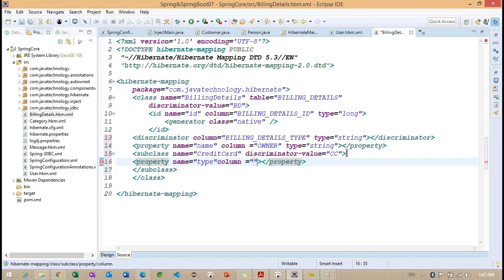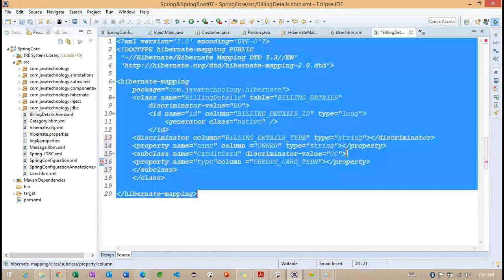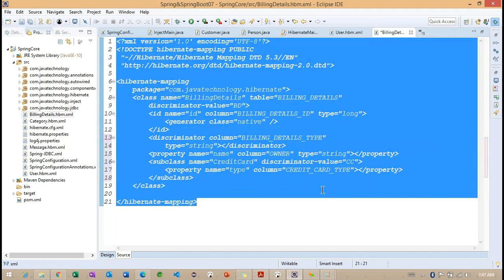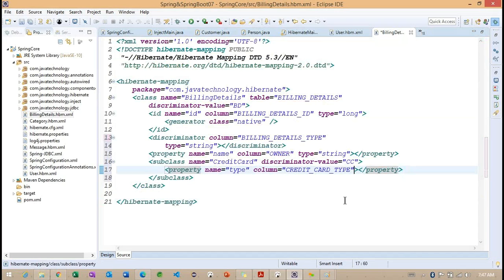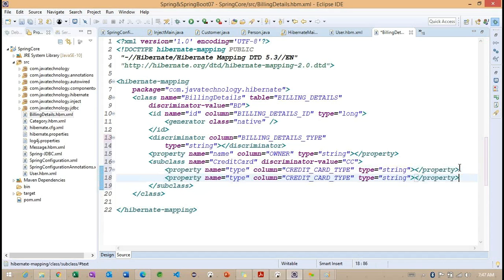What is the column we are going to specify here? Credit card type. Getting the point, credit card type. And the type you can specify as string. So this is one property. Same way, other properties.